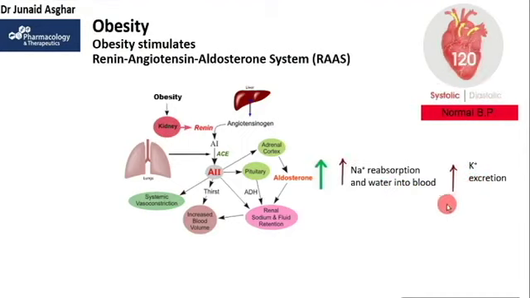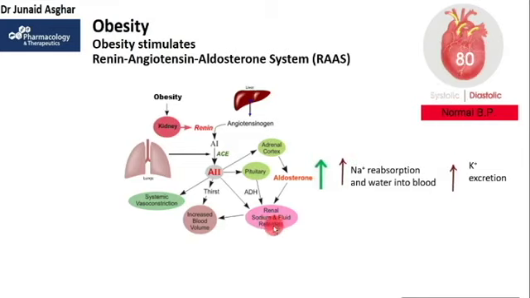You also know that when sodium is reabsorbed, it causes water to be reabsorbed along with sodium, and this will then increase the blood volume and therefore the blood pressure also. On the other hand, ADH or vasopressin's main role is to conserve body water by reducing the water excretion in the kidney. So as a combined effect of aldosterone and ADH, the blood volume will increase even further and cause